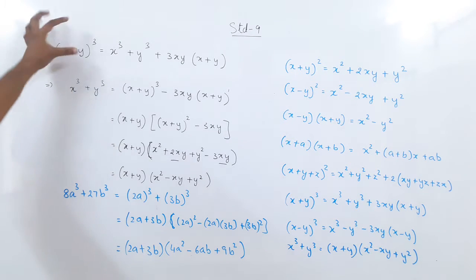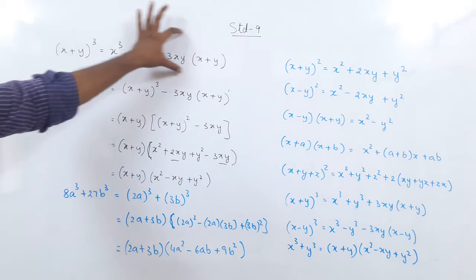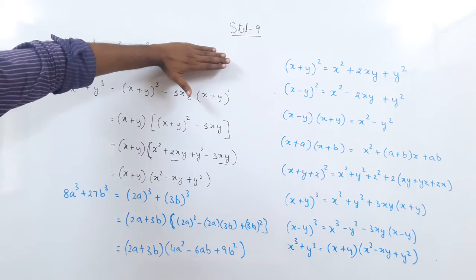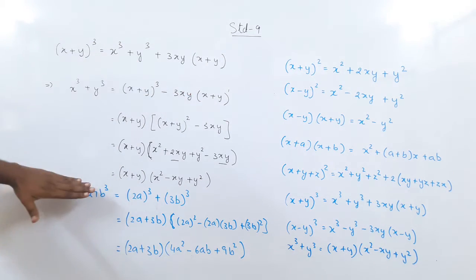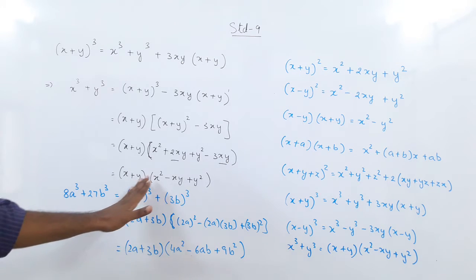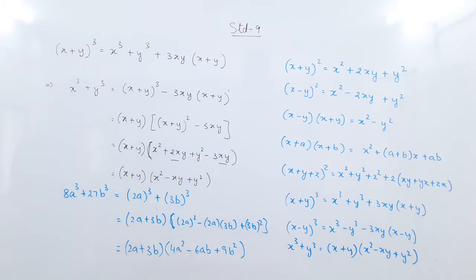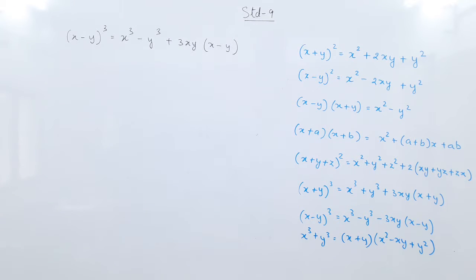So here the polynomial was the whole cube given as x cube plus y cube plus this, but if this term is missing, then this one gives us the factorization x plus y, x square minus xy plus y square. So that is a new formula we have done for the day, right? So let us see the minus also. So we'll derive the next formula also.